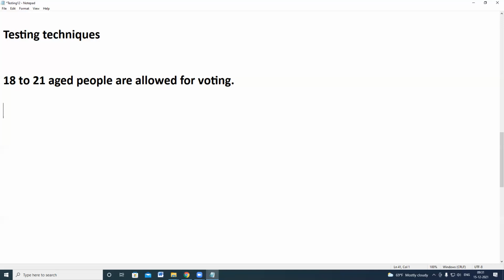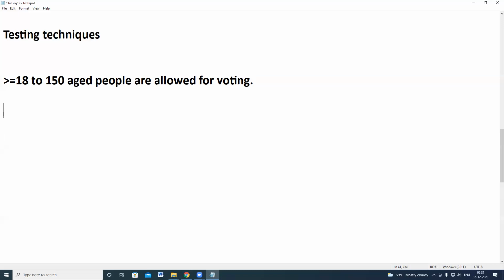You are going to an e-commission office and asking for voting. They are checking that your age is greater than or equal to 18, as per the system criteria. Then you have to get a voter ID, a voter card. That is the software you are testing.